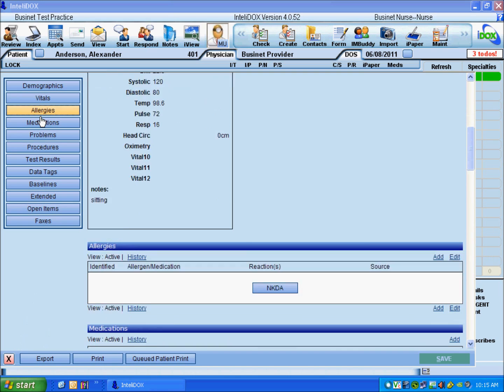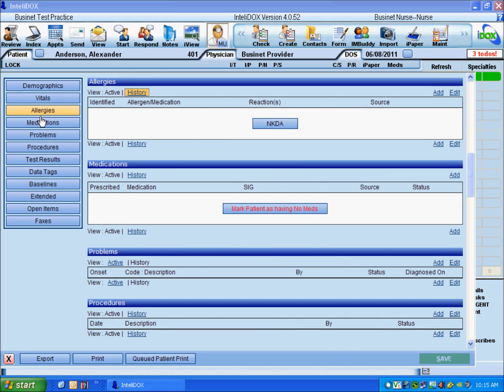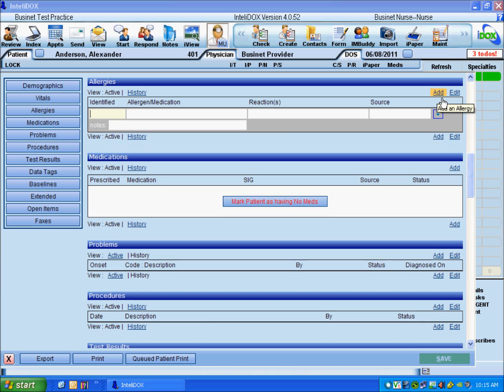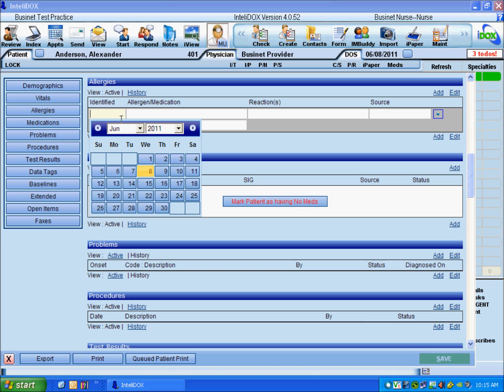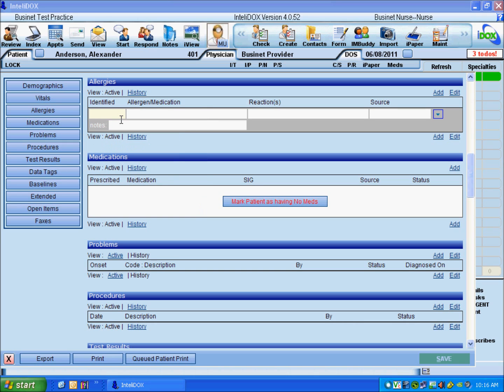Next on the patient summary screen is the Allergies section, which must contain at least one entry for each patient. If the patient denies any drug allergies, you should click the NKDA or No Known Drug Allergies button. To add a new allergen to the list, click the Add link at the right side of the Allergies section. If you know the date on which the allergy was identified, you can enter it in the Identified column by typing it in or double-clicking in the field to view a pop-up calendar. If the allergy was identified today, you can click in the field, then press the T key on your keyboard